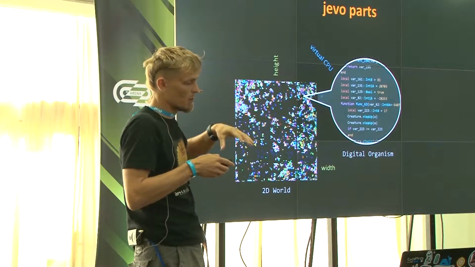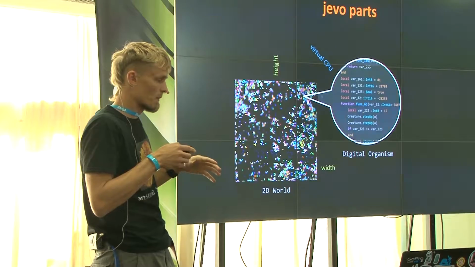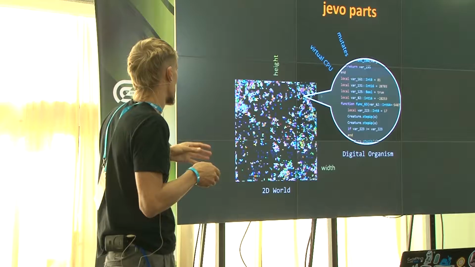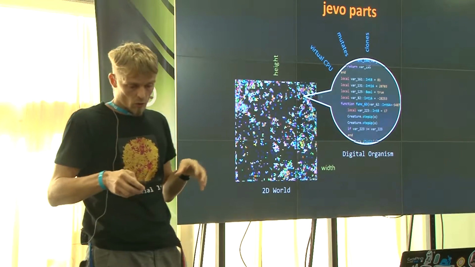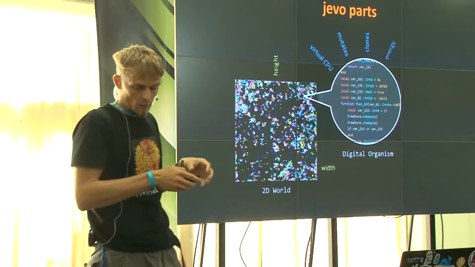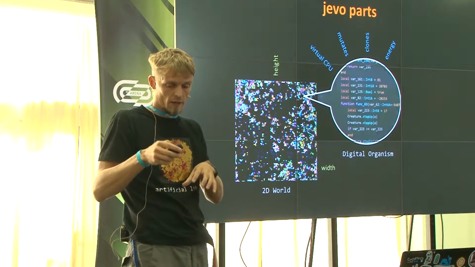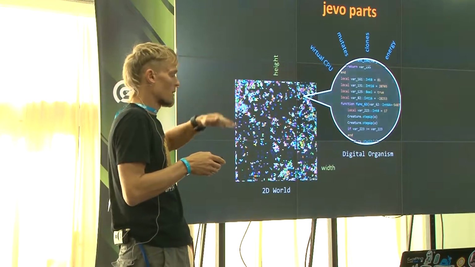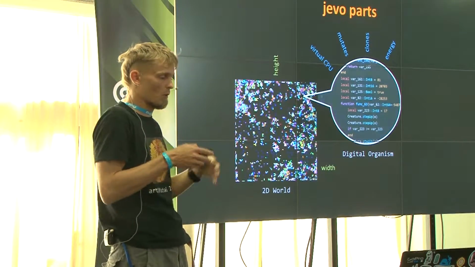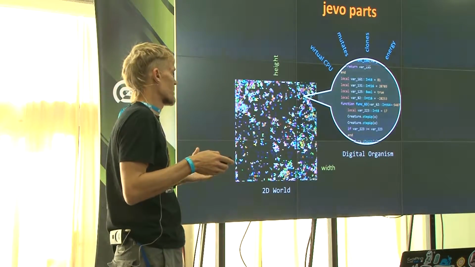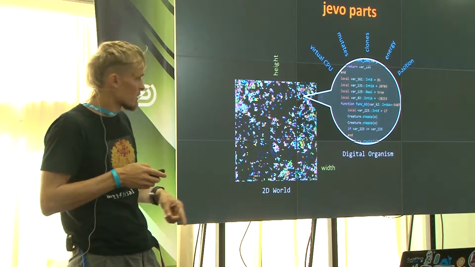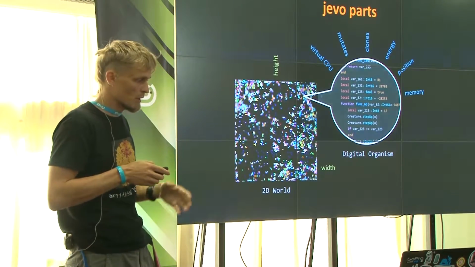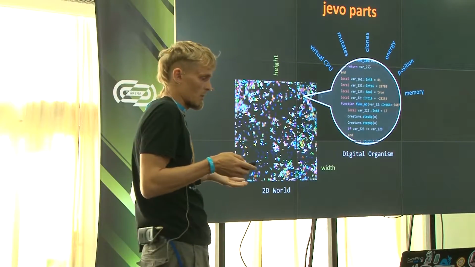We have a virtual processor which runs all the code from all the organisms. We may mutate this system. We may clone and produce children. There is an energy inside, and this is how we measure the quality, the adaptiveness of the organism. If you have more energy, you are the best. And position, this is just x and y coordinates in this system, and memory, internal memory for some internal usage.